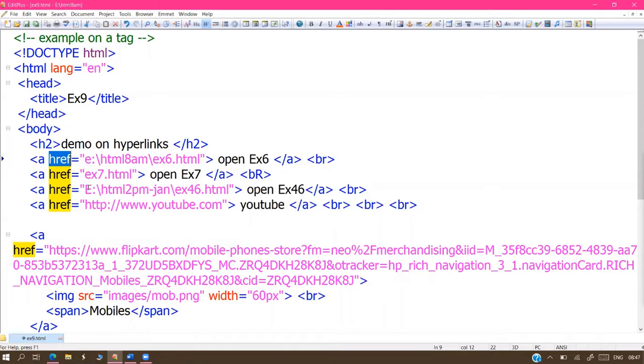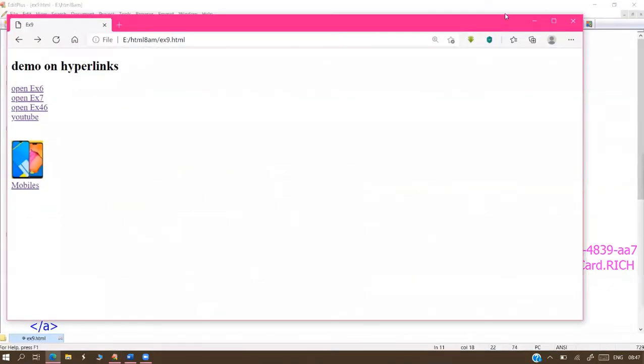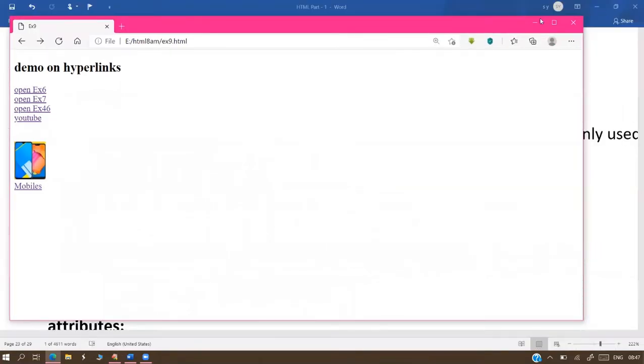You observe that it already opens in the same tab. I executed the program three or four times in the last five minutes, and if you observe, it opens the destination program in the same tab only. I want to open it in the next tab or in a separate window. Yes, possible, because the target option is available. By default, target is the same tab, so the destination program opens in the same location as the source program.